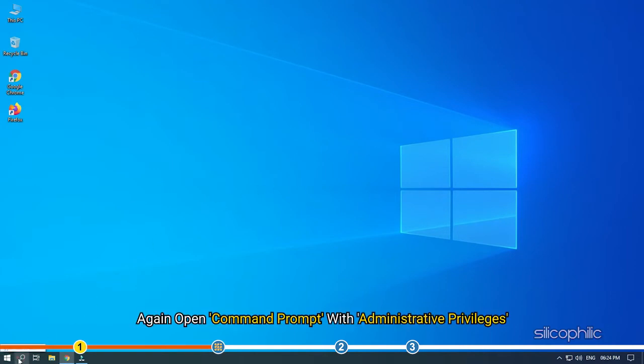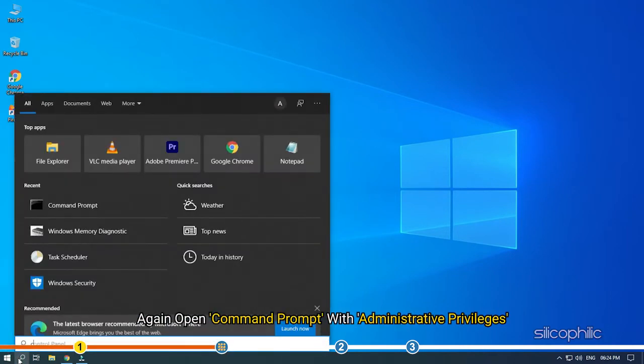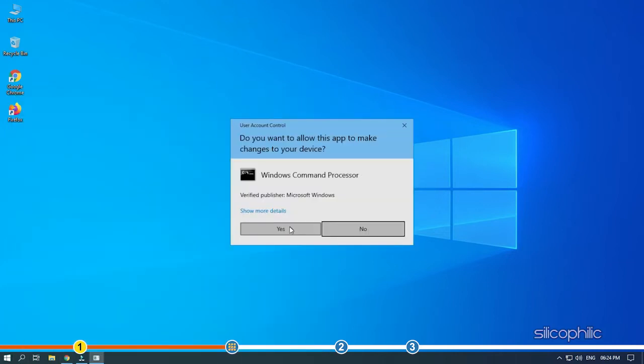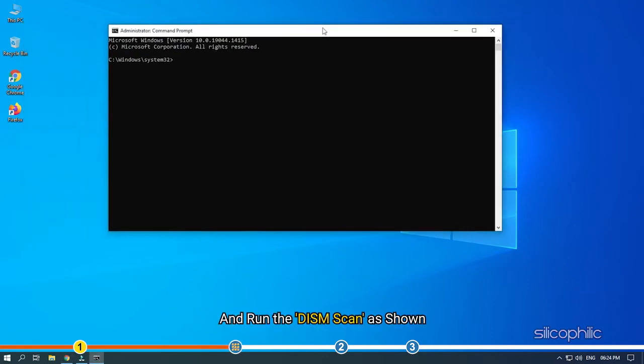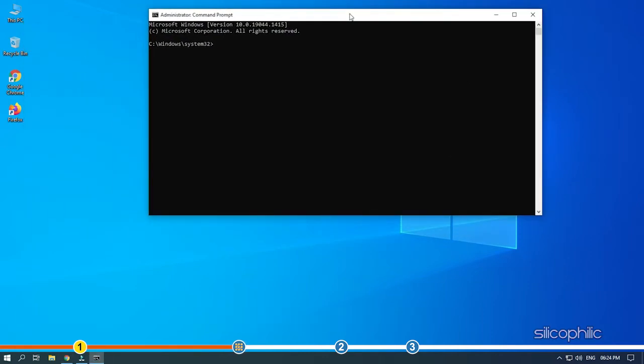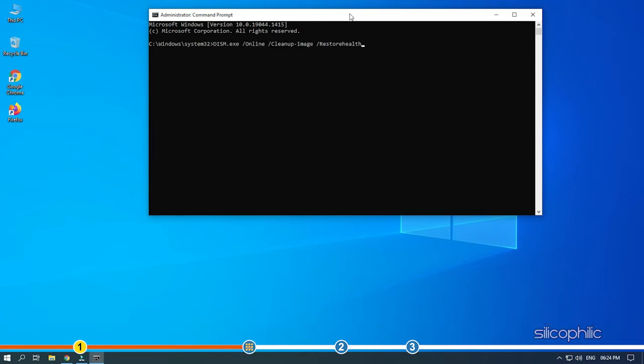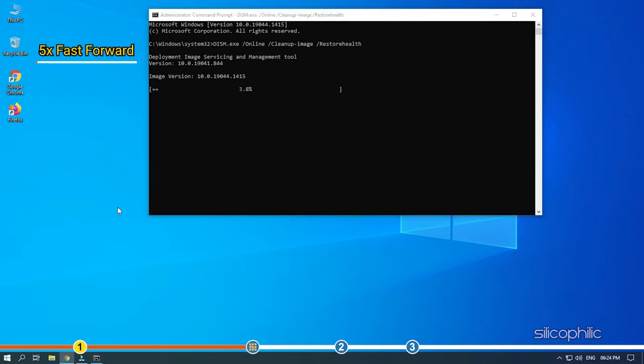Again, open command prompt with administrative privileges and run the DISM scan as shown. Both the commands will be provided in the description, so you can simply copy and paste it. Wait for the scan to finish.